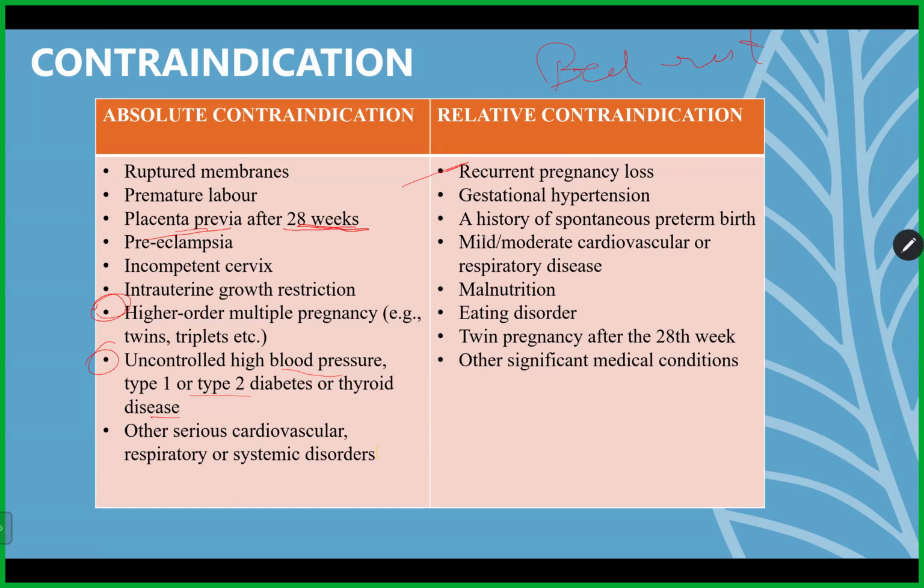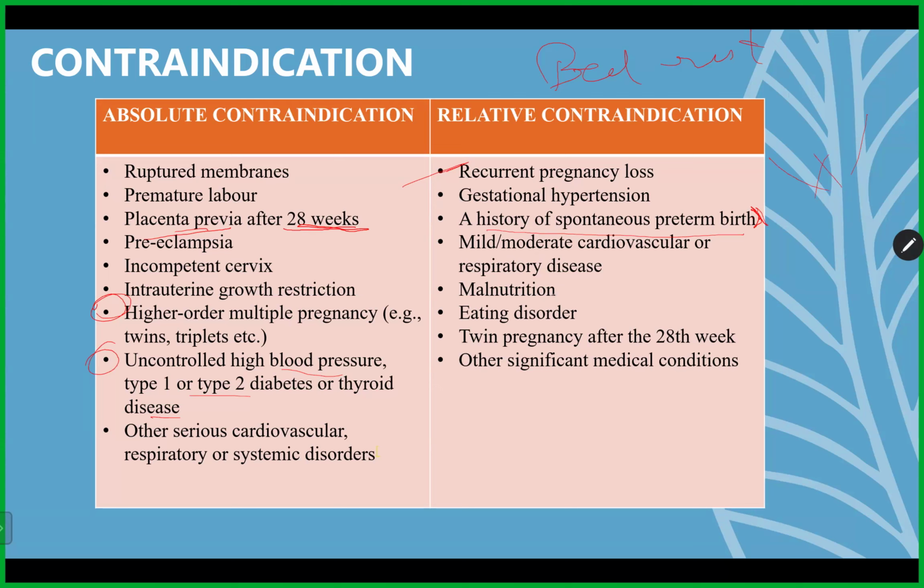If they had a history of spontaneous preterm birth, again for this you'll check the history: why they had a preterm birth, why it was spontaneous, all the reasons you will check. And if you feel it is okay, that it is not because of any muscular factor, you can still go for exercise, no issues. It's relatively contraindicated. Maybe you can give some strengthening and stop stretching, those kinds of things you can do.